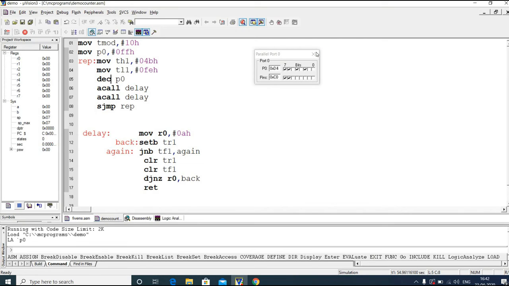and you can modify this program to act as an up counter as well as a down counter, or you can write a program to count the intermediate counts also. Okay, so the next